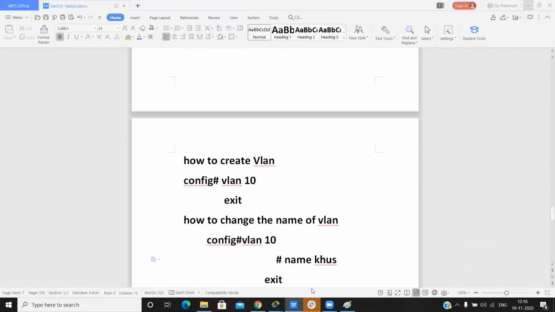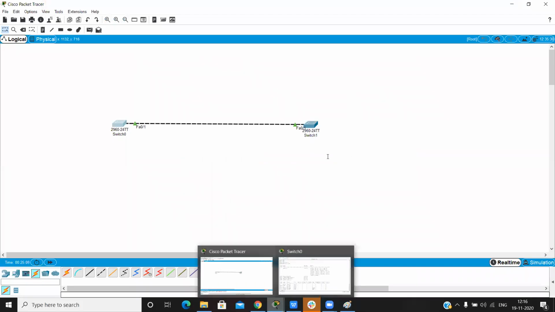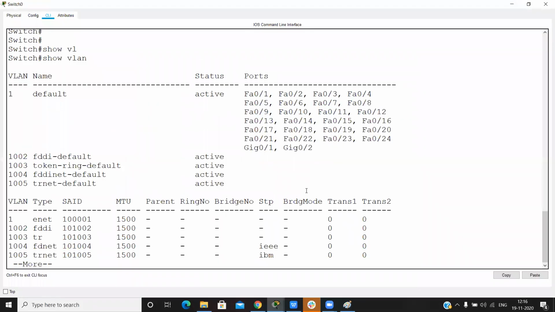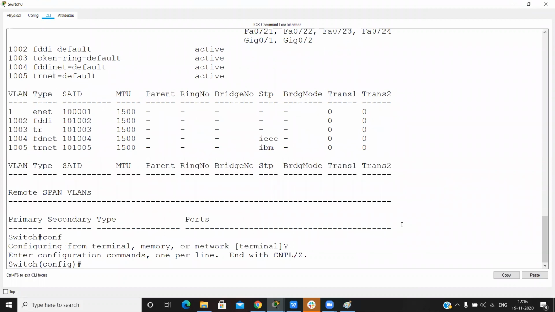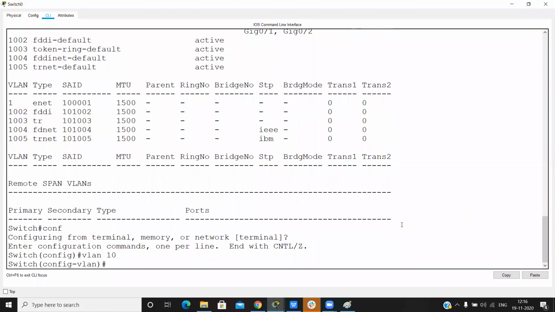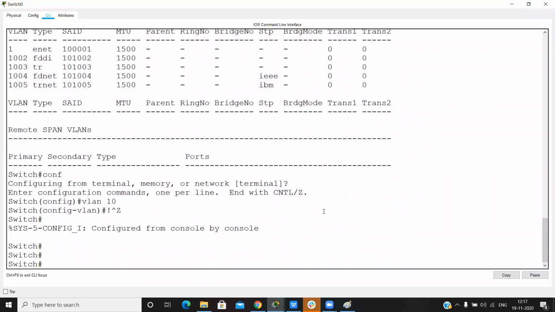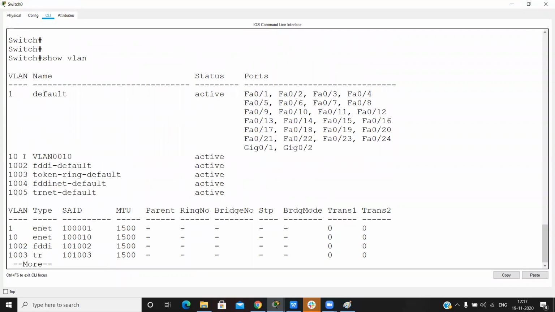So how do we create a VLAN? Go on the switch, go into global configuration mode, and run the command vlan 10. So our VLAN is created, but there is no name, only VLAN 0010.